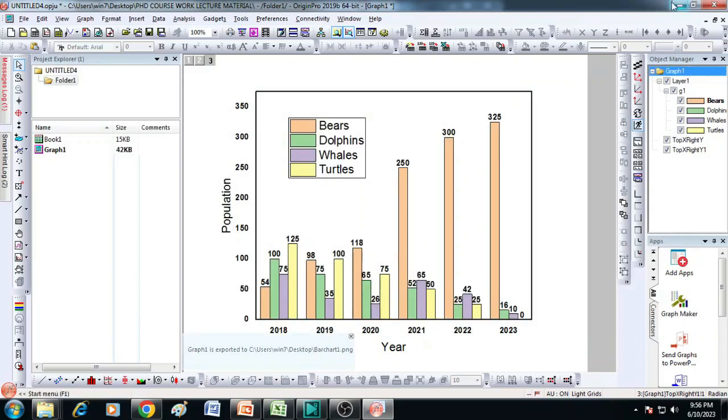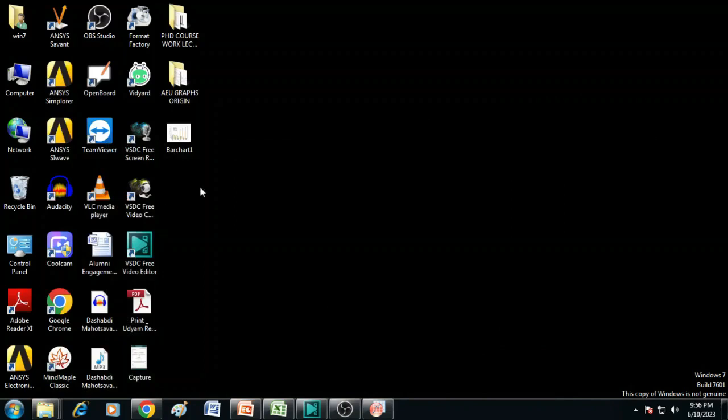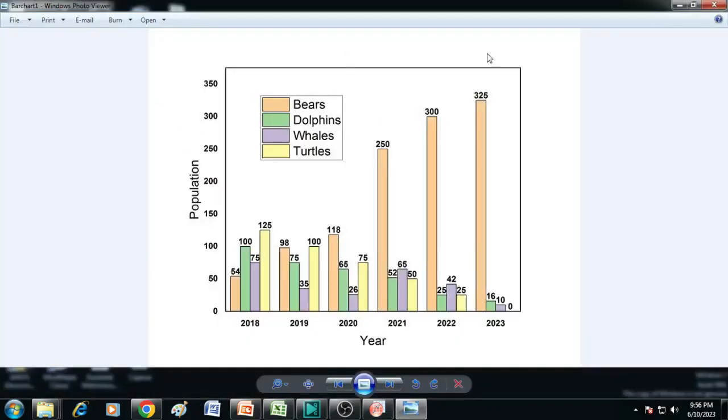Now let us go to desktop and see whether the file is available or not. Now we can see on the desktop we have the bar chart that we have created. So let me just open it and see. This is the bar chart that we have created now, and we can use it for any of our manuscripts or journal papers for the